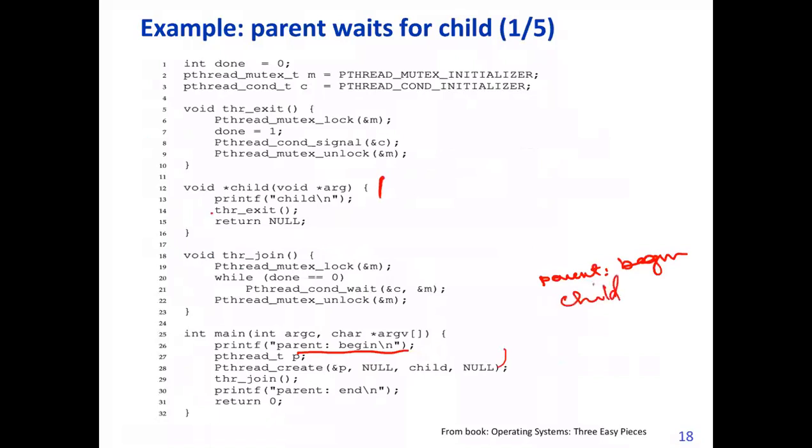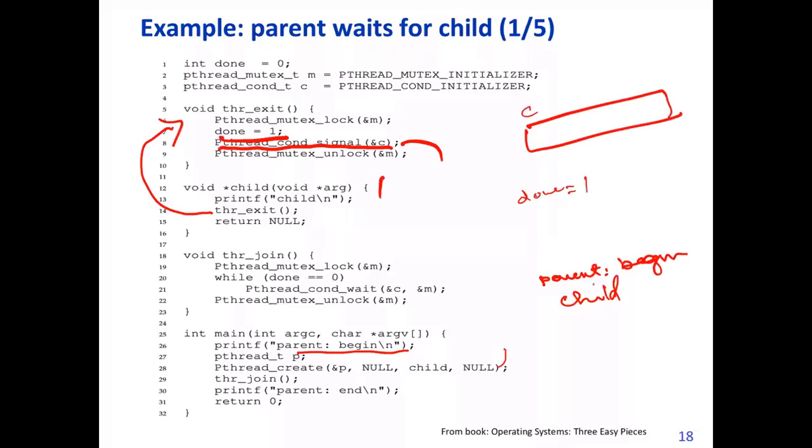And then it runs this exit routine. The exit routine says done is equal to 1. So done was 0, now done is equal to 1. Then it sends a signal on the condition variable C. This is the queue that is formed with condition variable C. It sends a signal to release one sleeping thread, right? And now there is no sleeping thread, because right now there are only 2 threads created. All right, that's all.